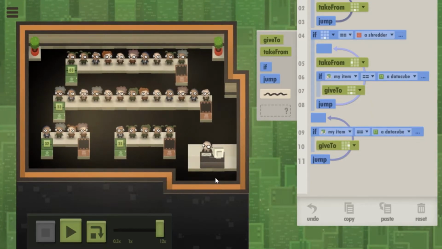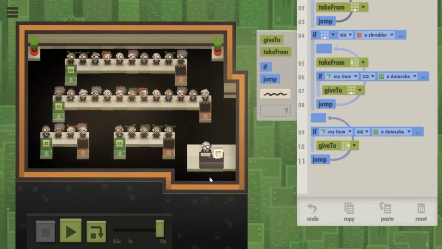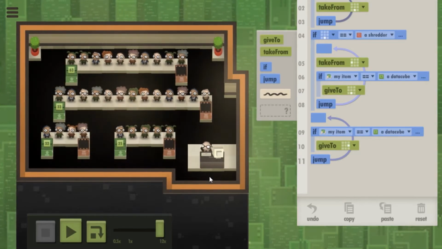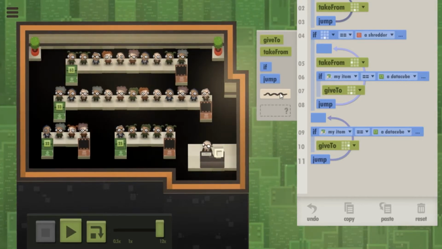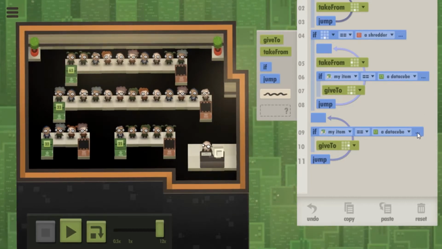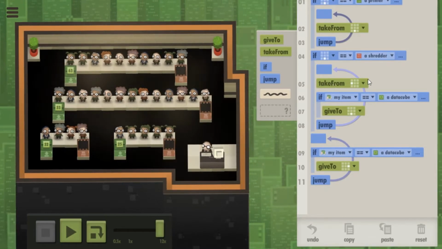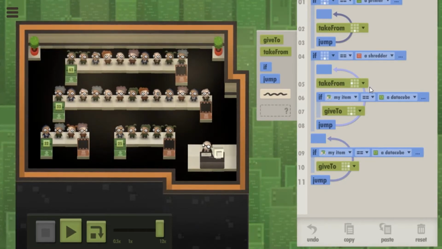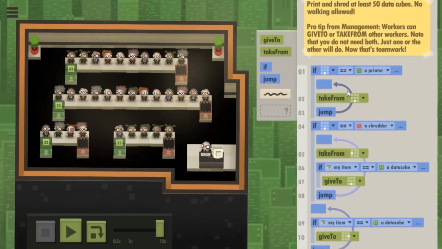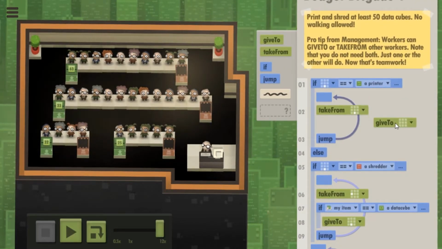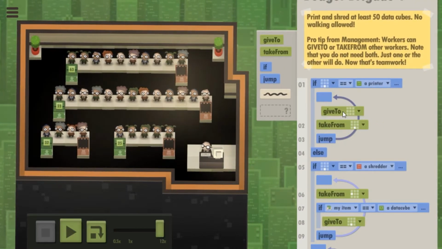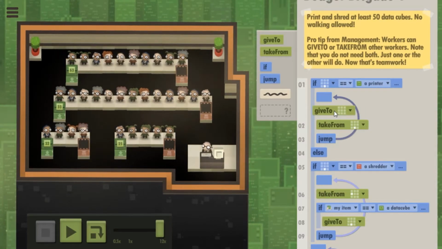Well, now, if you're switching to a give-to strategy, then you're going to have to make sure that you swap the top things as well. What do you mean? Oh, these... Yeah, the shredder can't take from now. He's just going to have to loop, and the printer's going to have to give to. Yes, that's right. Well, that actually makes that easier. That makes that better.